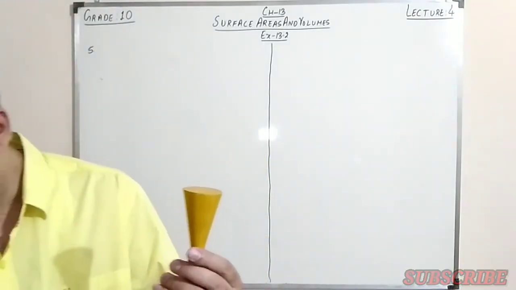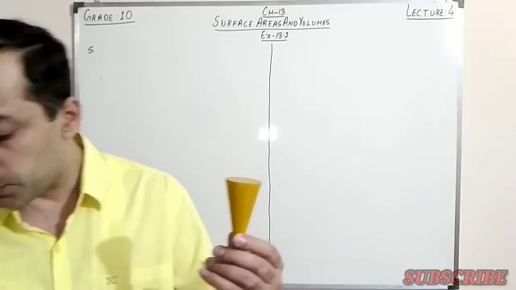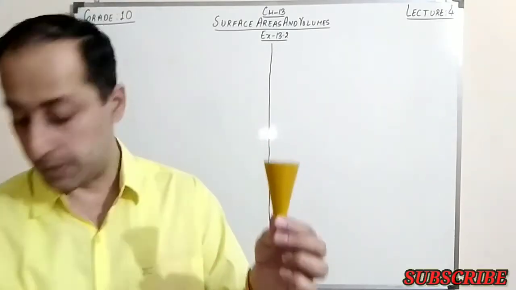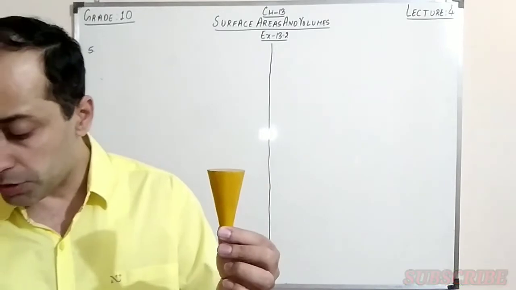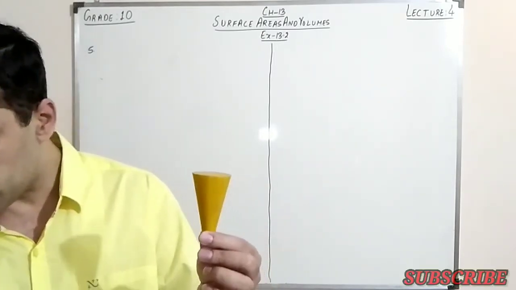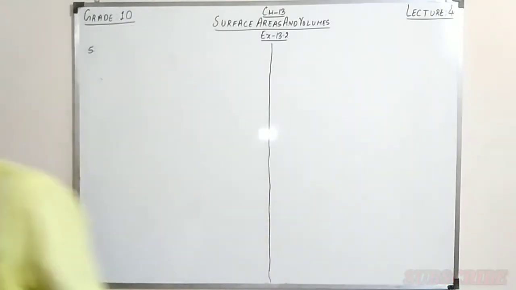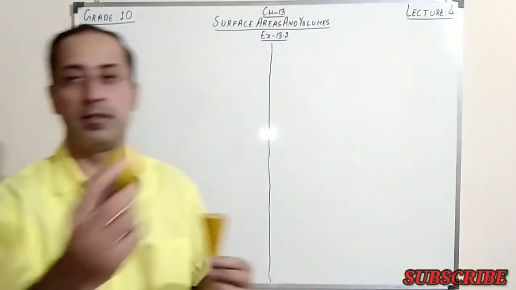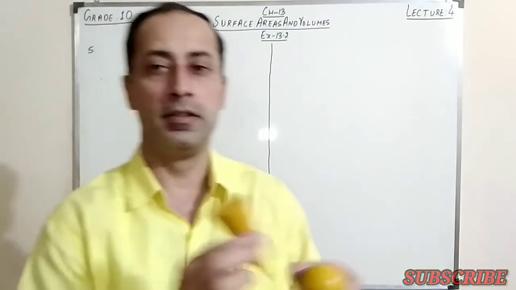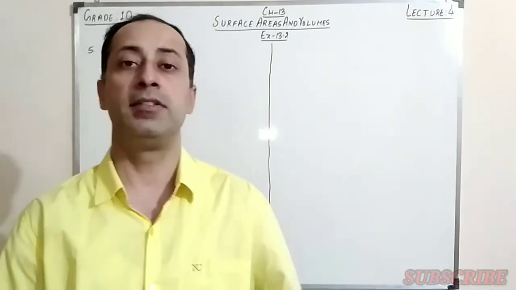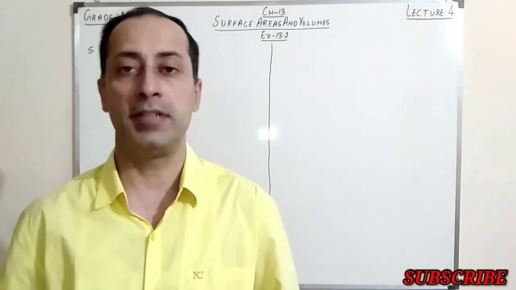What else? It is open, and it's filled with water up to the brim. So it is filled with water till here. Now, lead shots, each of which is a sphere of radius 0.5 centimeter. We have small lead shots, and the shape of the lead shots is something like this. This is a sphere, but not very big. The radius is given as 0.5 centimeter, right?